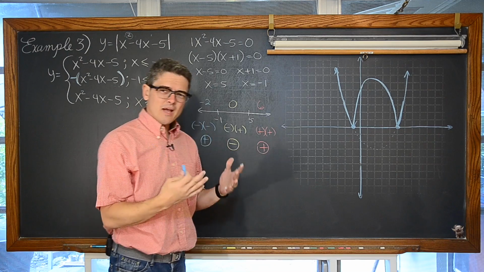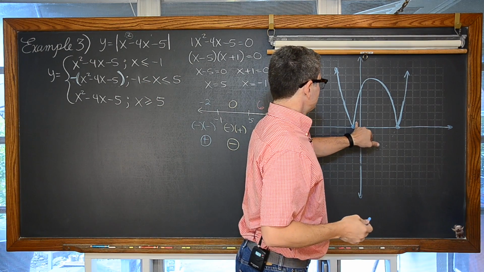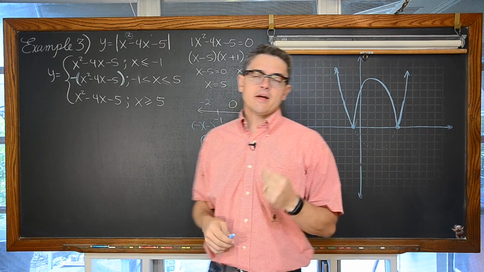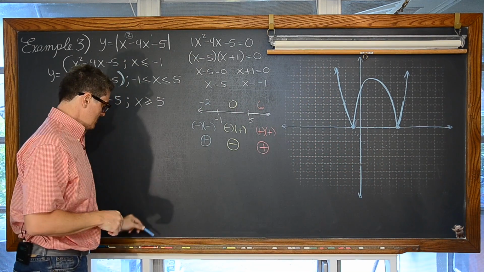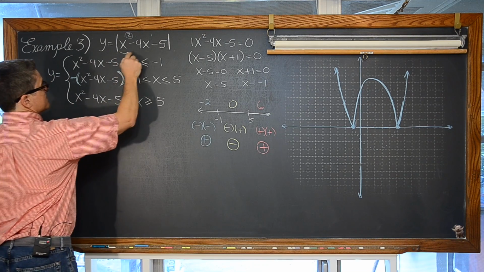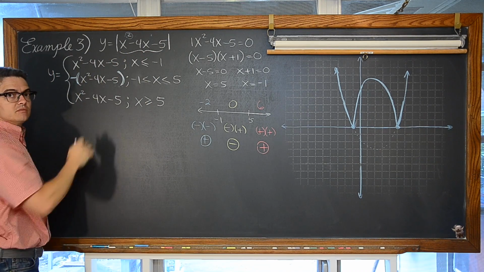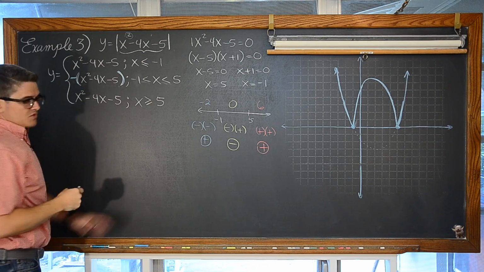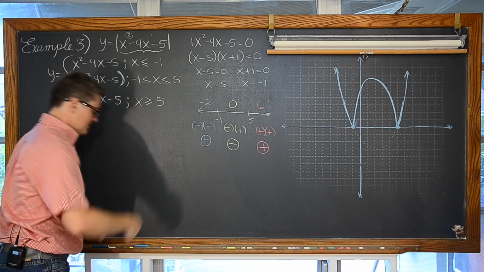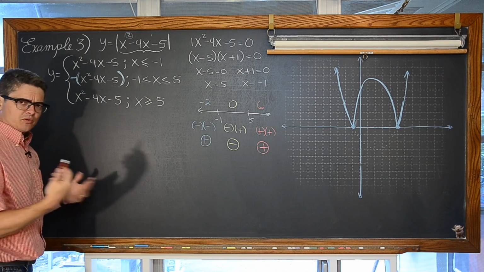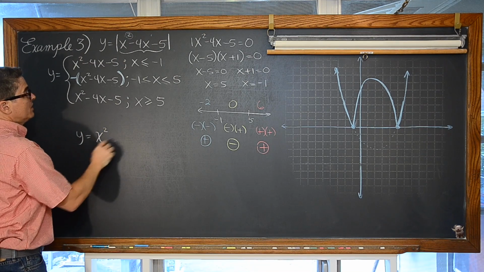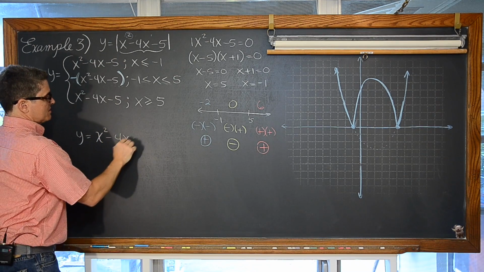Now, if you want a more accurate graph of what this parabola should look like, you have two ways of finding the vertex. One way is you can find, kind of thinking about this up here, but without the reflection, and just know that we're going to take the y value and make it positive. Now we're moving sort of beyond the old idea of graphing absolute value functions. We're doing a little review of quadratics. When you have x squared, y is equal to x squared minus 4x minus 5.